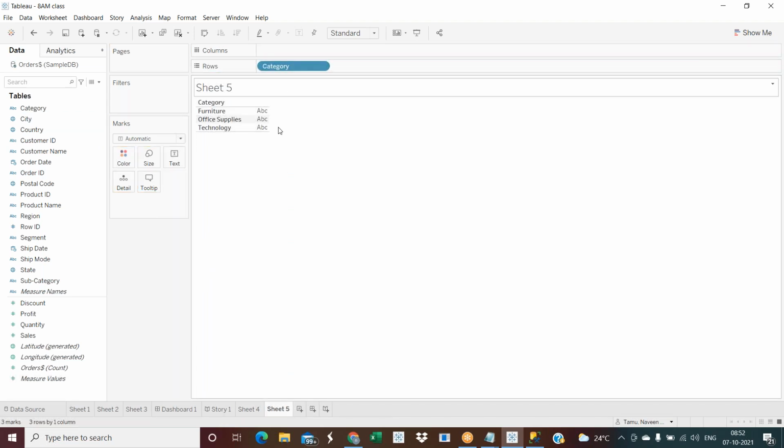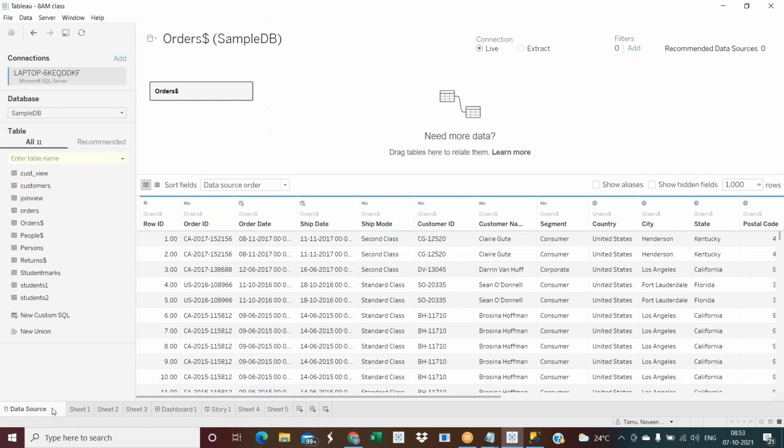It should be ABC kind of values. It cannot be aggregated, meaning it cannot be summed, averaged, or given a minimum or maximum. Any fields that cannot be aggregated all come under dimensions. All the ABC values are dimensions, 100%, you can remember that.